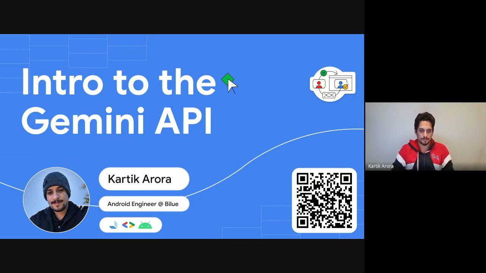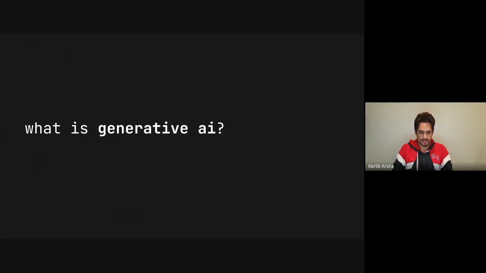My name is Kartik. I'm primarily an Android engineer, but I've been trying to understand AI not as a developer of AI, but rather a consumer of AI. And like Anki said, Gemini, which is Google's offering of an LLM, is a competitor for ChatGPT. I haven't dived into what OpenAI has to offer from a developer's perspective, but I can talk about Gemini in general. So let's begin with that.